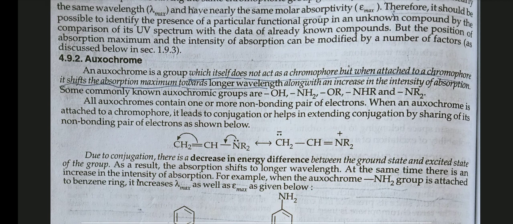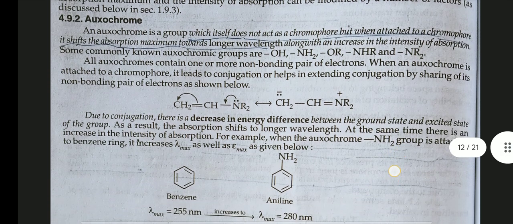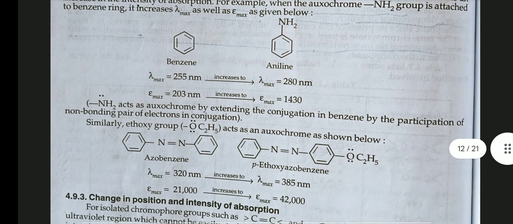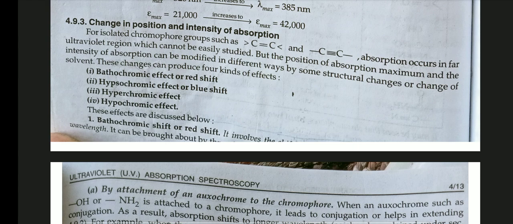For example, when the auxochrome NH2 group is attached to a benzene ring, it increases lambda max as well as Emax. Change in position and intensity of absorption. For isolated chromophore groups such as C=C and C≡C, absorption occurs in the far ultraviolet region, which cannot be easily studied. But the position of the absorption maximum and the intensity of absorption can be modified in different ways by some structural changes or change of solvent. These changes can produce four kinds of effects: